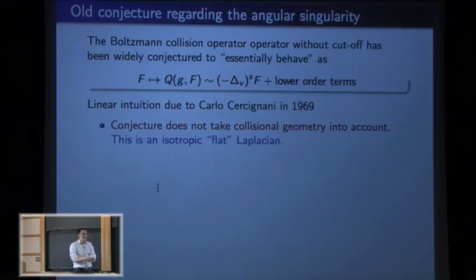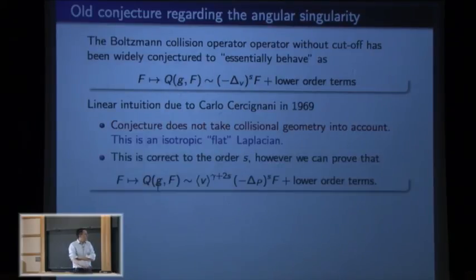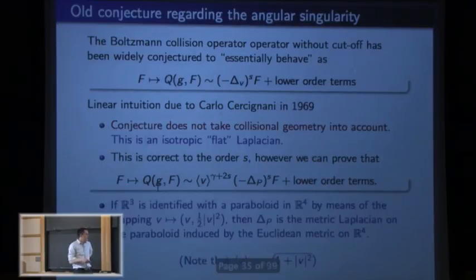This is an isotropic flat Laplacian, and so what we can prove is that the situation is a bit more complicated in that the mapping F into Q(G,F) is correctly some Laplacian to the power S, where S is the S from the previous slides. It's a fractional power, but